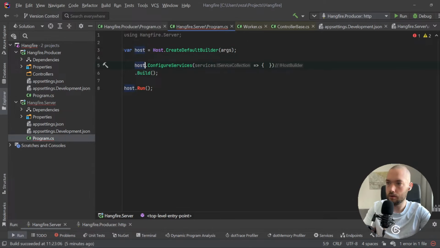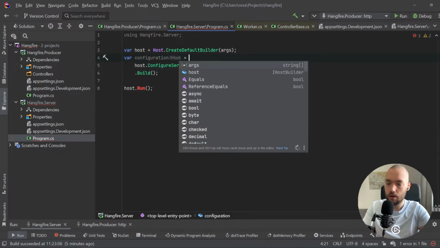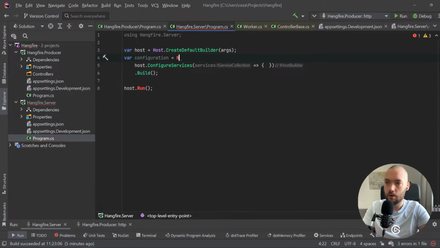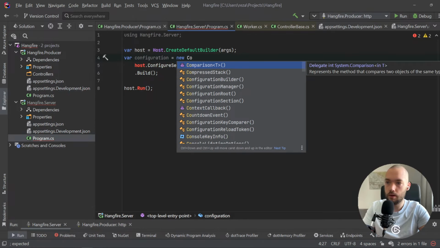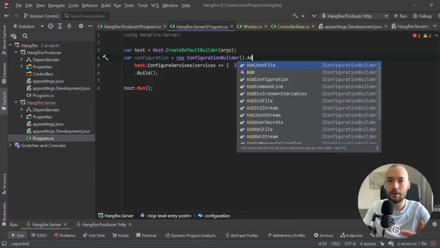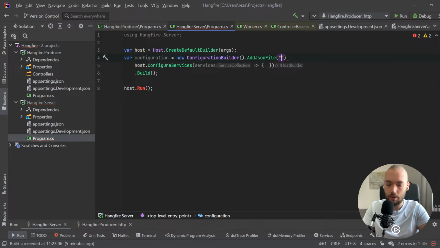Type here host, and we have to fetch the configuration. So it will be var configuration, and it will be new configuration builder, then add JSON file, of course appsettings.json,